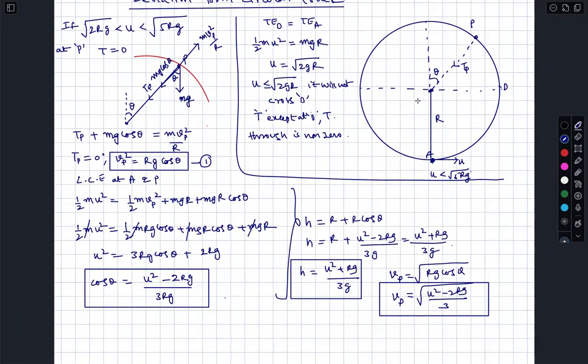Now it deviates from the circular track, undoubtedly. So it deviates from the circular track. It may follow any path. N number of possibilities are there. Sometimes it may go through even this center. Sometimes it goes through to leftwards of the center. Any possibility is there. So because different possibilities are there,